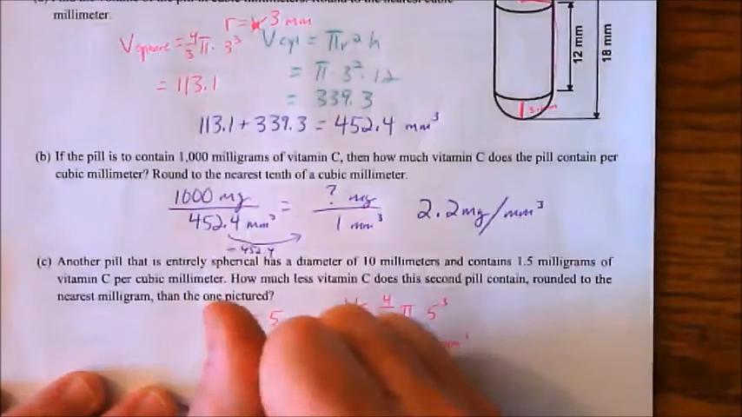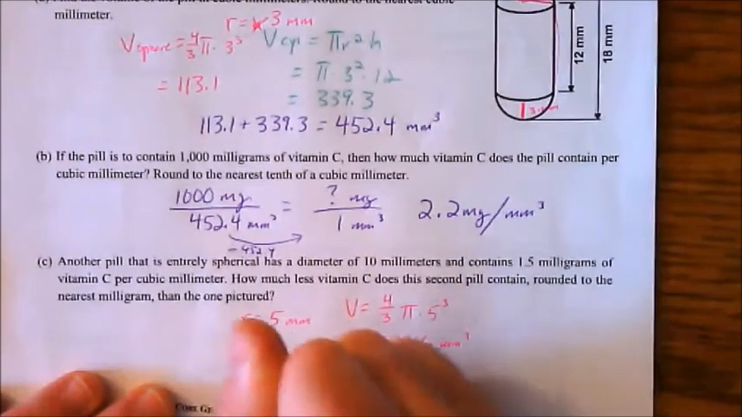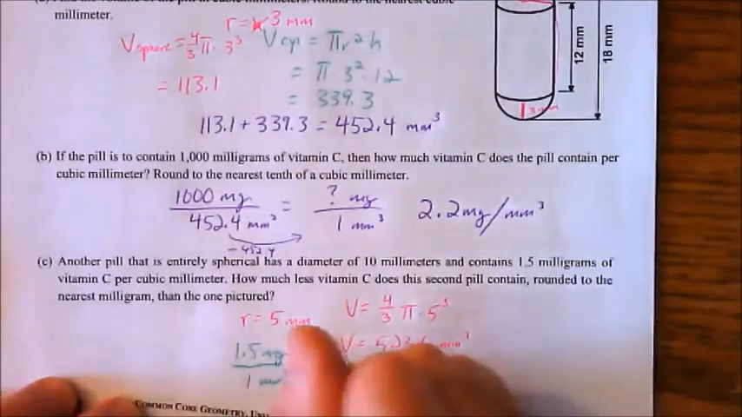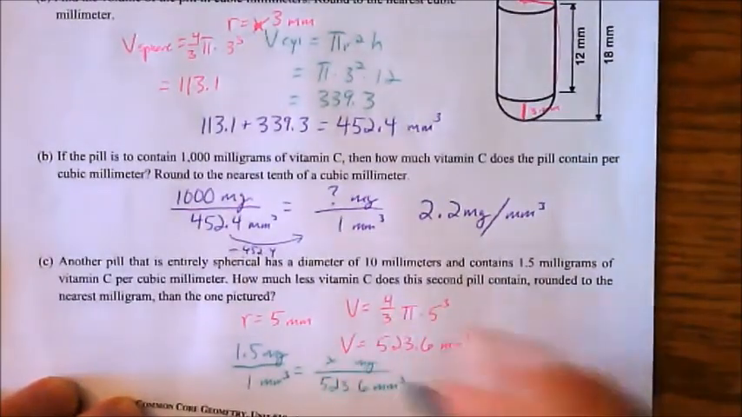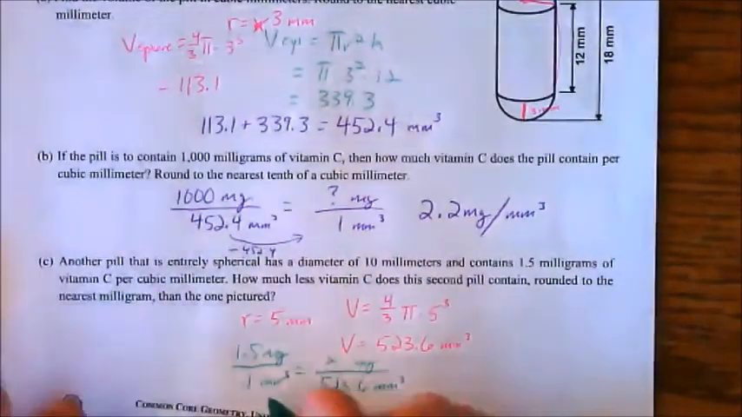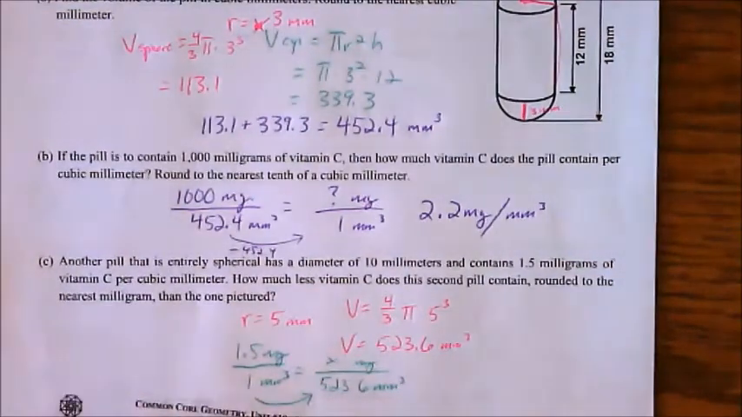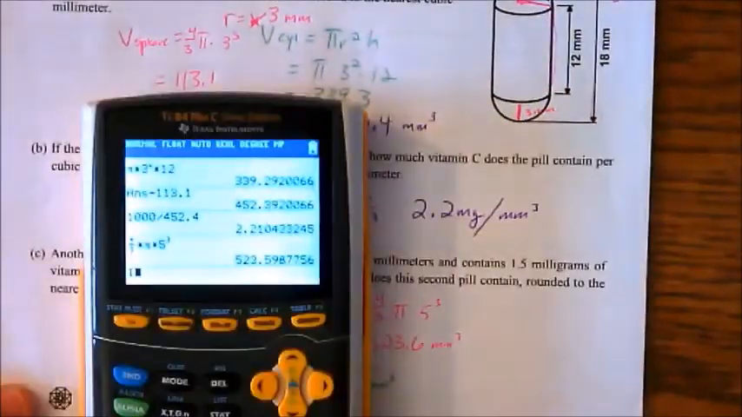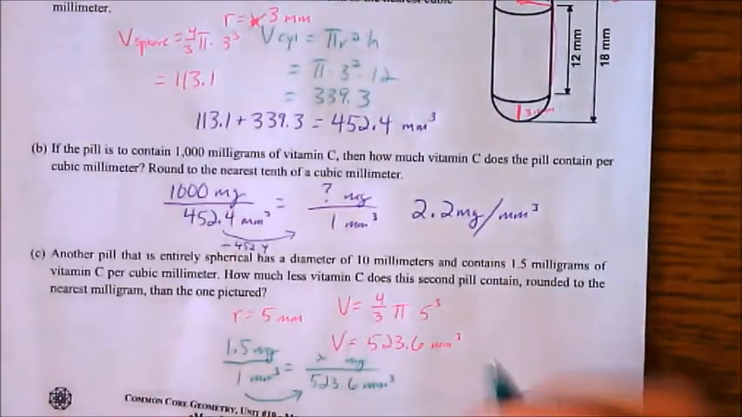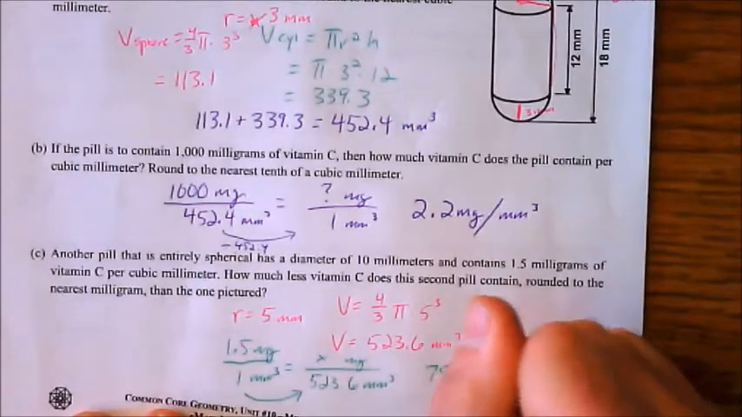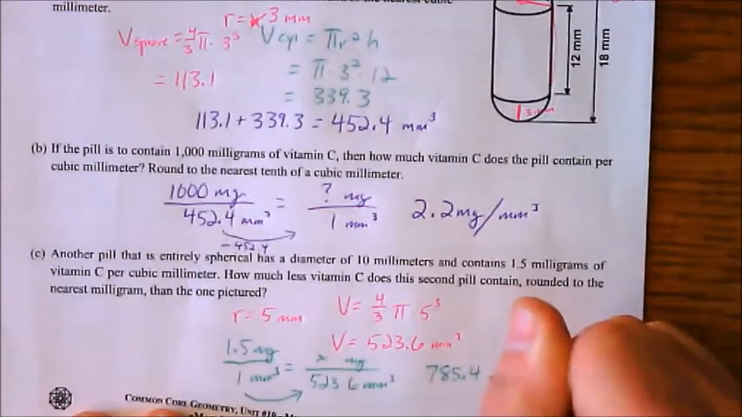Alright, last one. Another pill that is entirely spherical has a diameter of 10 millimeters and contains 1.5 milligrams of vitamin C per cubic millimeter. How much less vitamin C does this second pill contain, rounded to the nearest milligram, than the one pictured? So first, now it says diameter of 10, so the radius is 5 millimeters. So the volume of this spherical pill